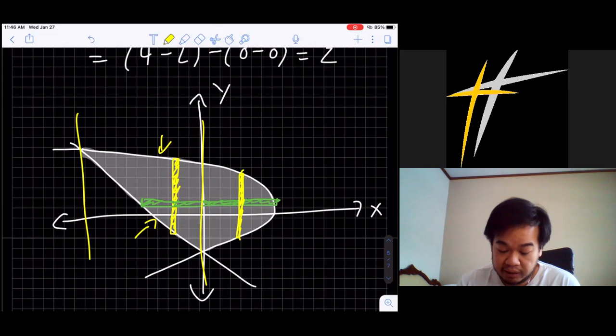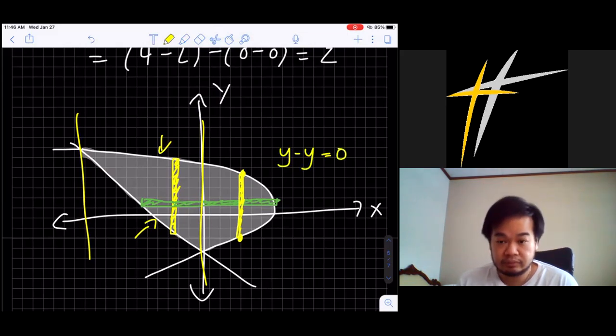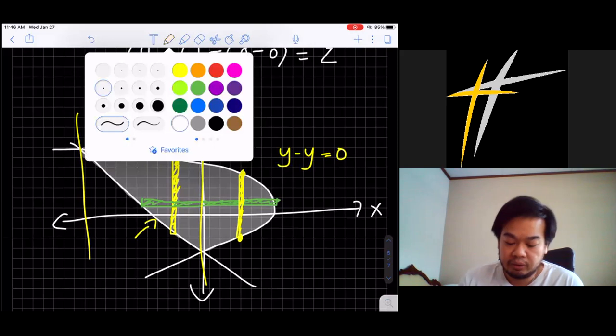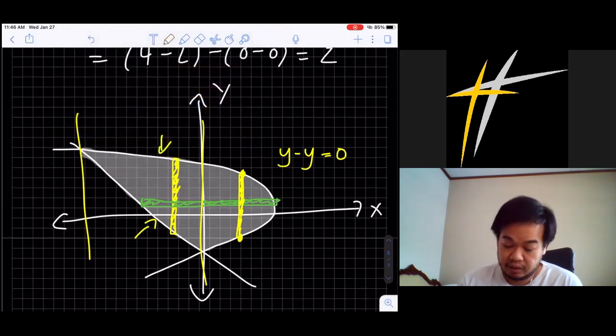Why? Because the upper boundary and the lower boundary is actually the same function. So if you subtract the same function, then of course it's gonna be 0, right? It is a problem. So actually for this type of problem, you cannot make your rectangle vertically. You need to make it horizontally. Yeah. So how do we calculate it? The principle is the same.